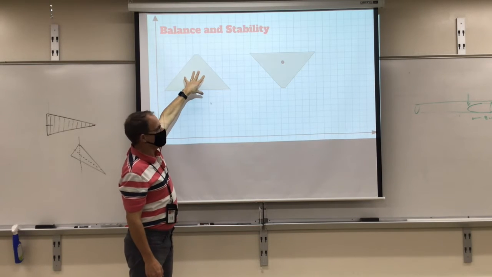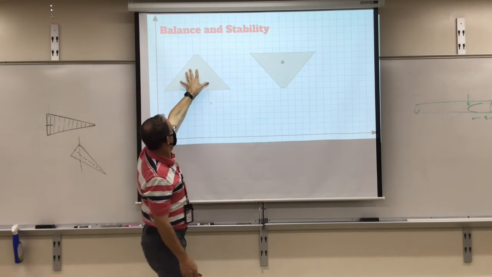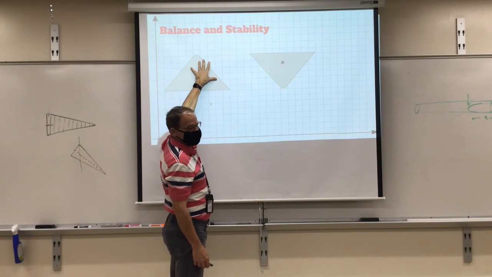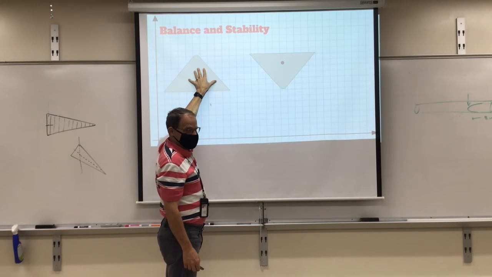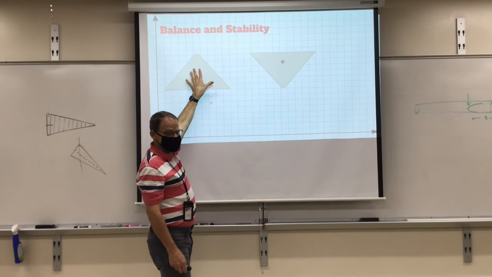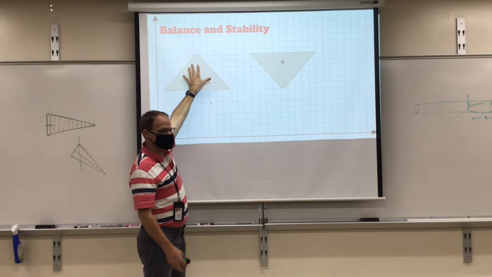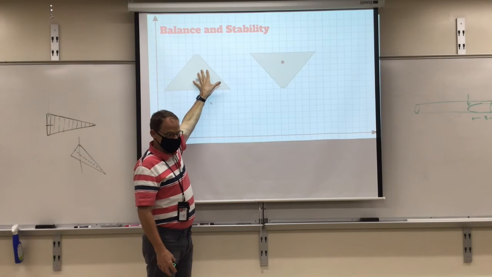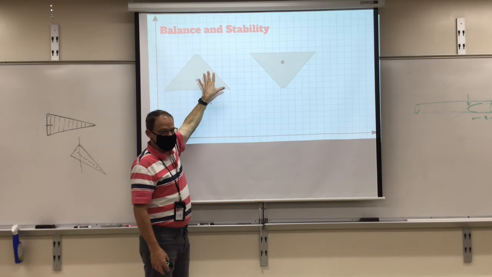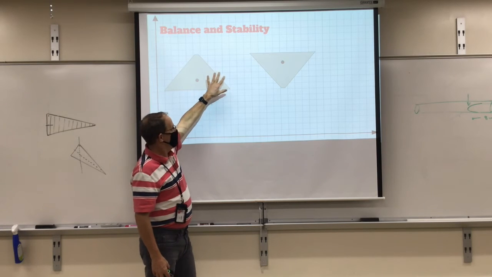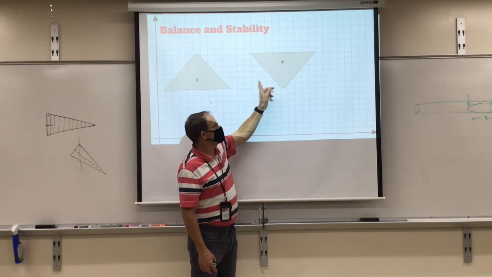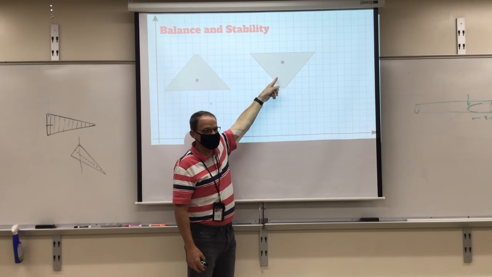If I tip that a little bit, it would go up a little bit, right? But which way would gravity rotate it? Back down. So perturbations, or small disturbances, result in it returning to its balanced location, right? We call that stable. This is also balanced, but we say it is unstable, because a small perturbation will cause